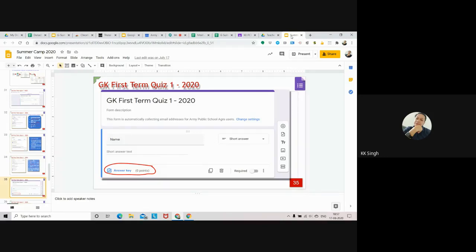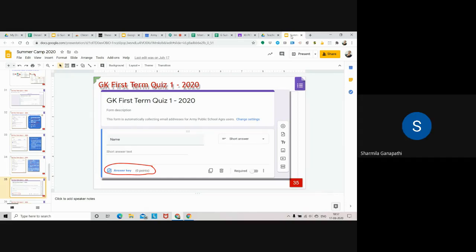But as far as security is concerned, you'll have to take extra care about it. Like you have to keep it password protected, and the time slot that he or she will be allotted will be shared 5 minutes in advance, and the form or the paper is closed after 30 minutes only.